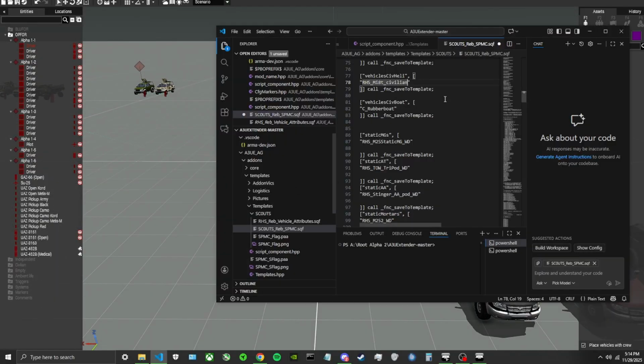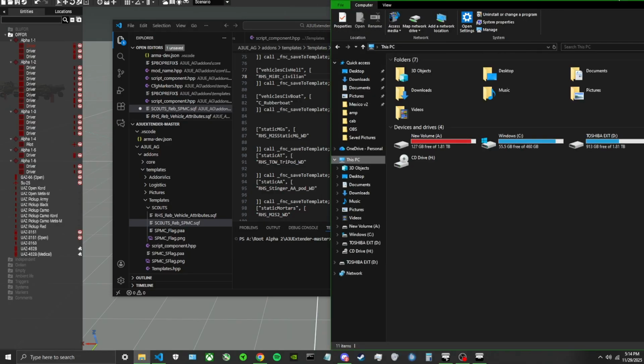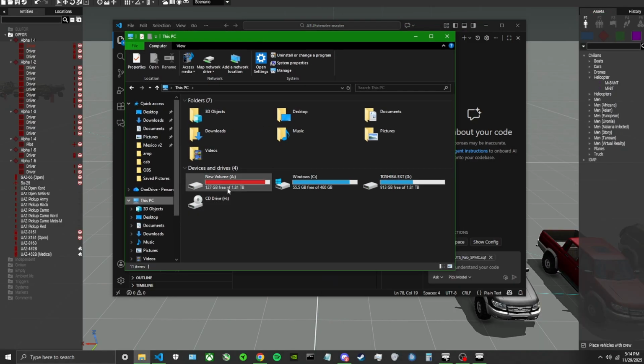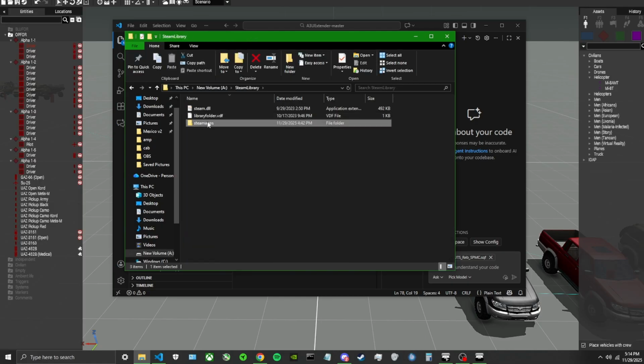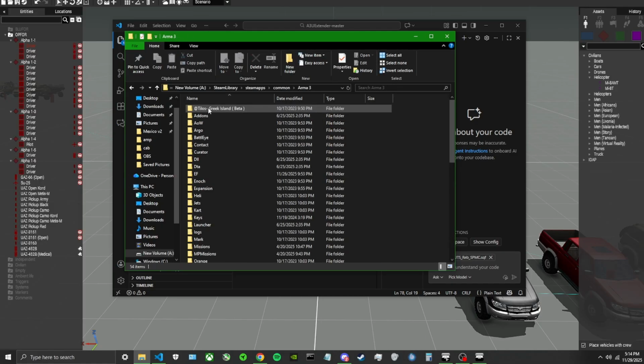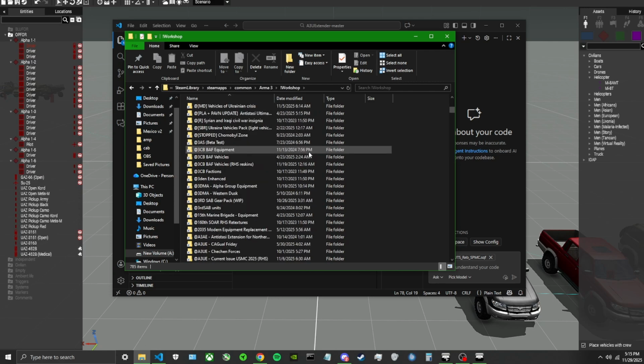Now, this part I am going to steal from another one of my factions. So we are going to go ahead and open up the File Explorer. And we are going to go into Steam Library, Steam Apps, Common, Arma 3. We're going to come here, we're going to hit /, we're going to click Workshop, and we are going to find my